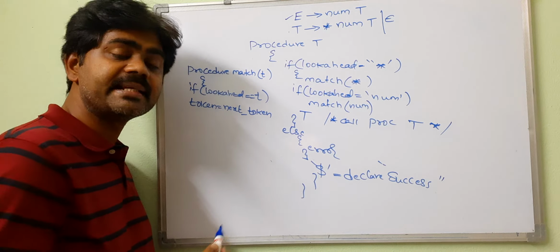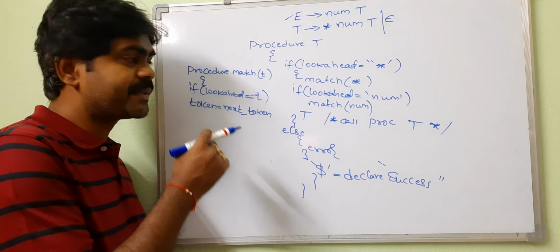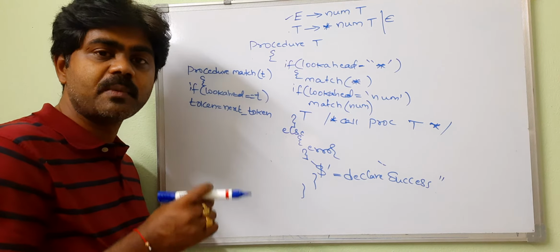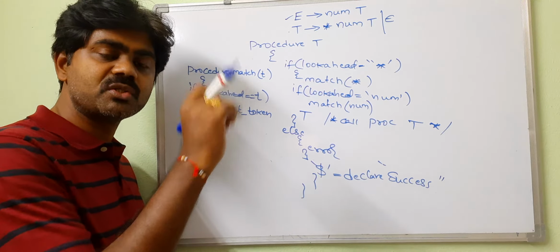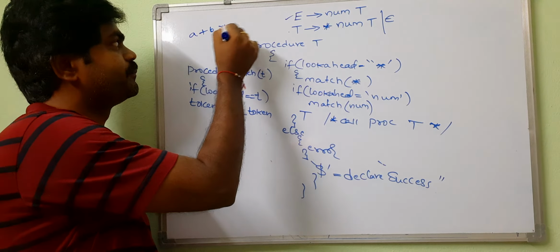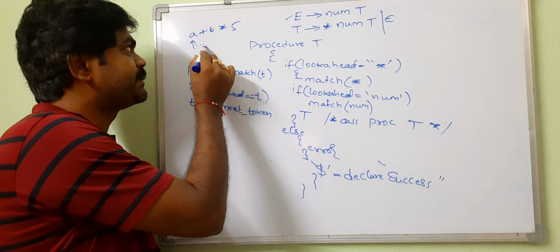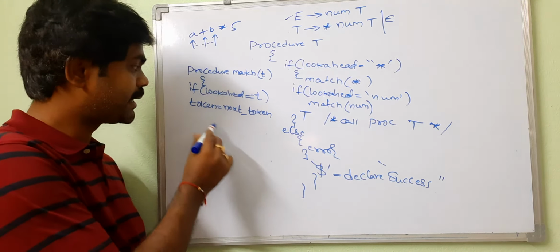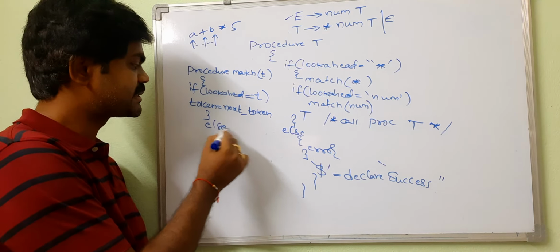So as I said, in lexical analysis, we divide each one into tokens. So what happens in this look ahead pointer? For example, if we have a plus b into 5, first a is processed and the token is moved next. So once a is completed, it moves to plus. So this is my look ahead pointer. Once plus is completed, the pointer moves to b. So in that manner, token equal to next token. So else error.